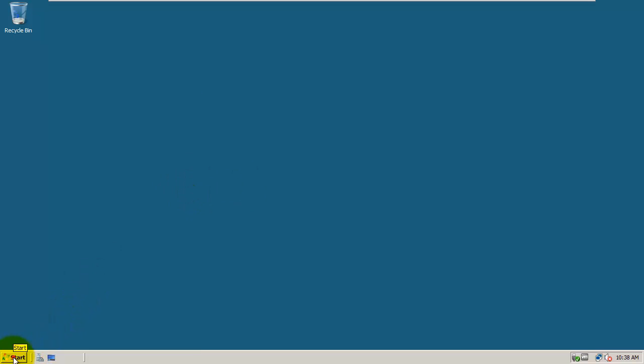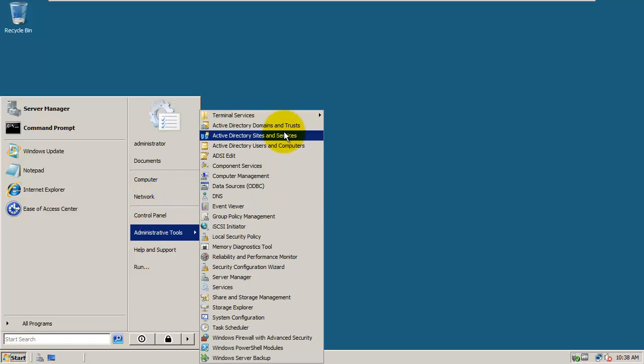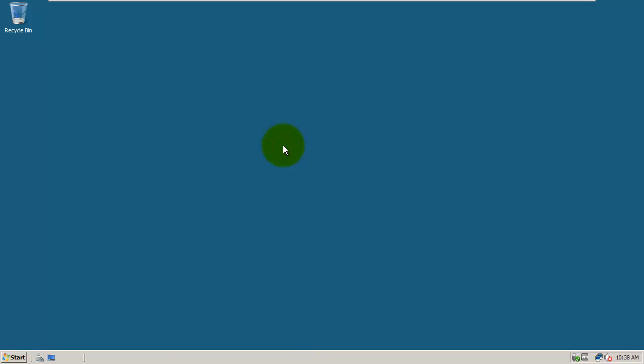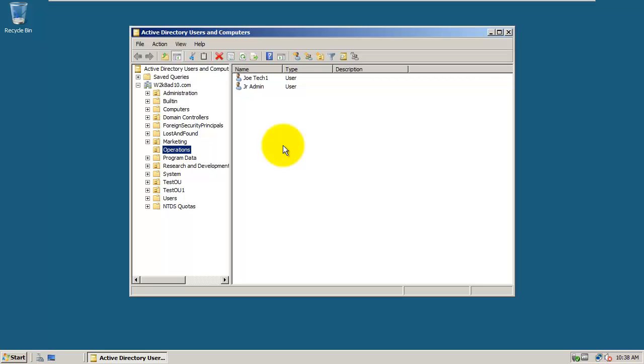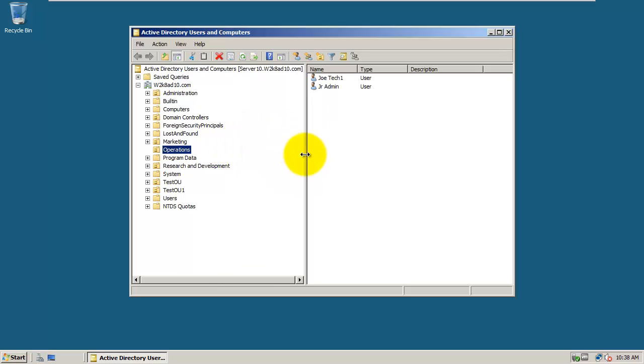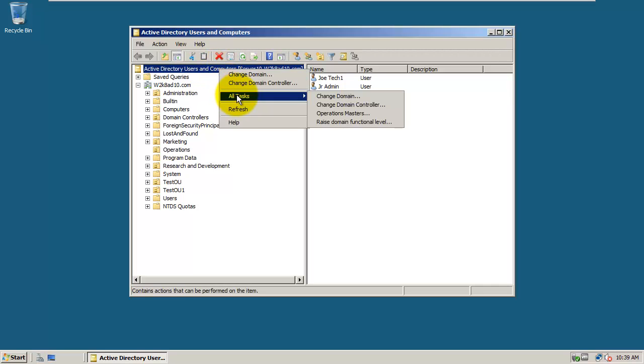Way up on top, again, not a very intuitive place, not something that normally people would think of looking at, but way up on top where it says Active Directory Users and Computers for this server on this domain, I can right-click on here, and I look at All Tasks, and this is where I can look at my operations